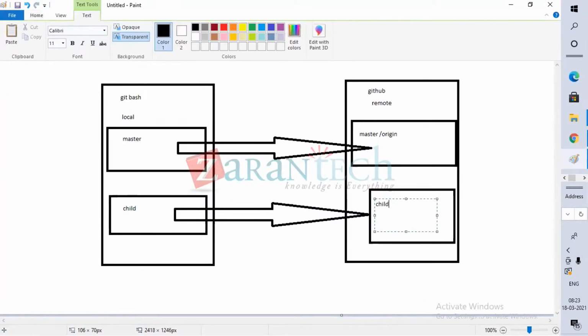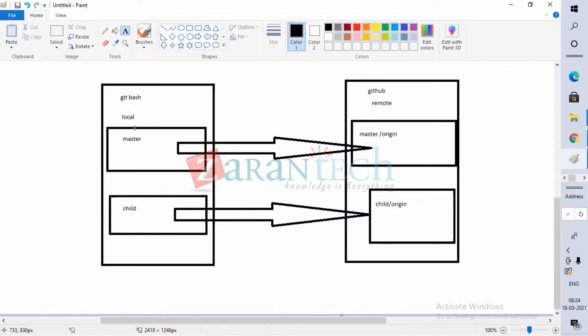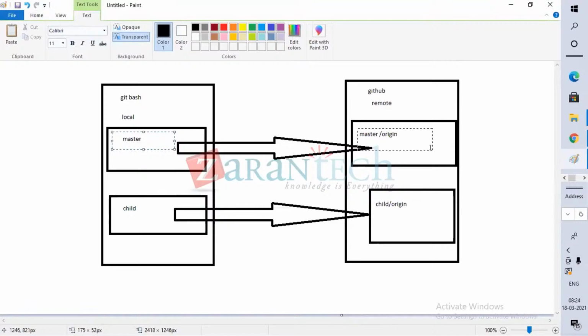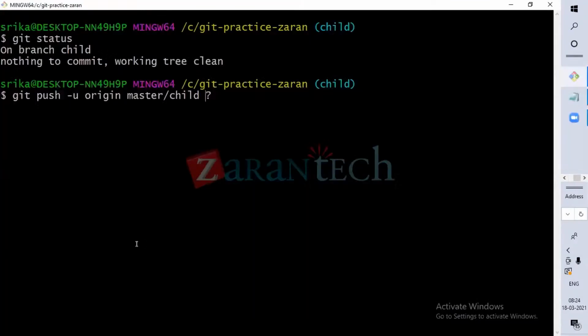Because I was thinking child as your local branch, right? Yes, and child, that is my local branch. That is correct. But child is a local branch. Even when you consider the master, master was a local branch before. Later we made it into origin. Correct? Same thing here. Child is a local branch now. Now it will get its popularity once you change this to